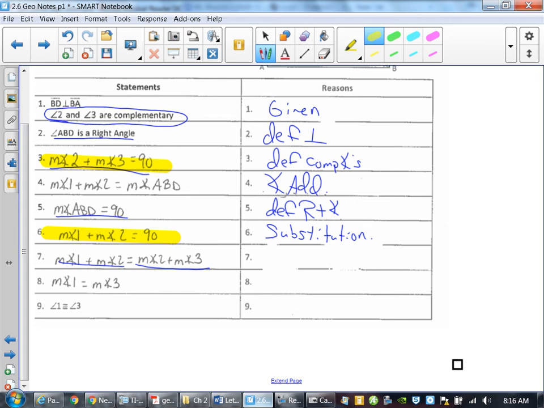So we use substitution. And then the next one, they got rid of the 2's, so it is subtraction property. What are we talking about? And then last but not least,